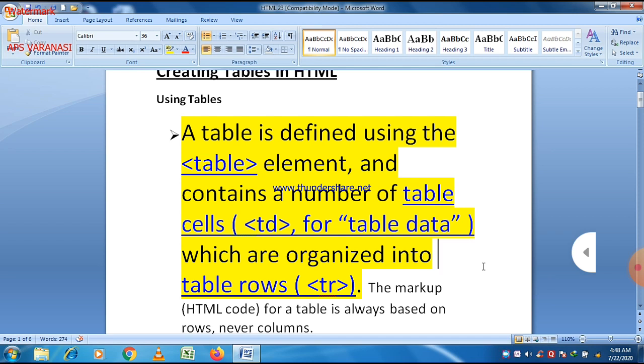And always remember that one thing is very important: the markup HTML code for a table is always based on rows, never columns. So that's why we use the tr tag to define a row.